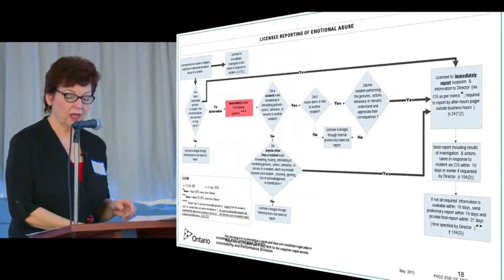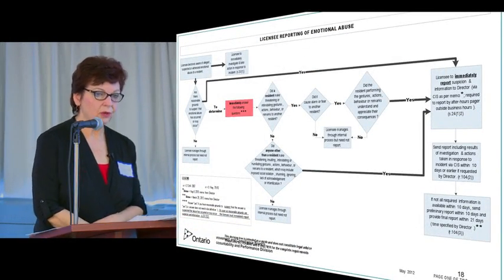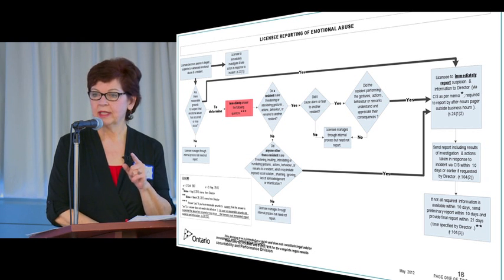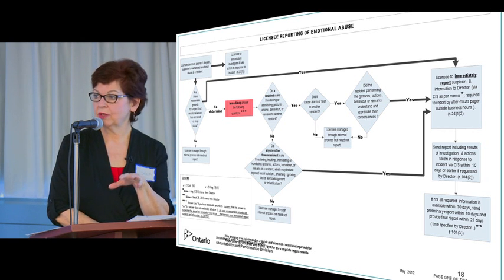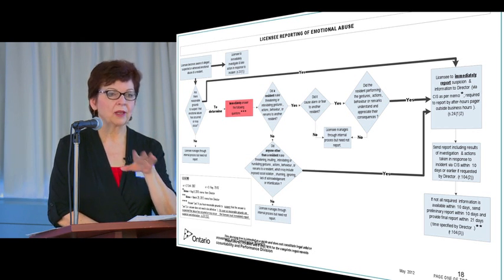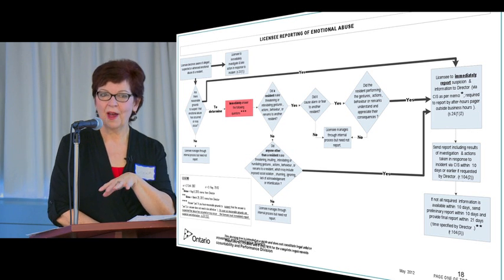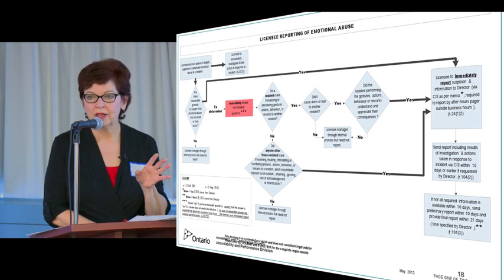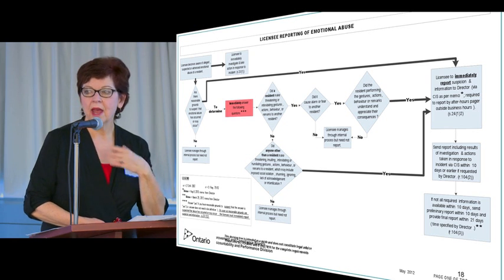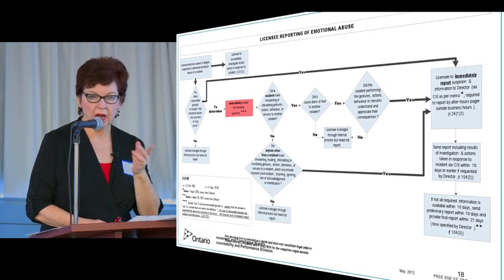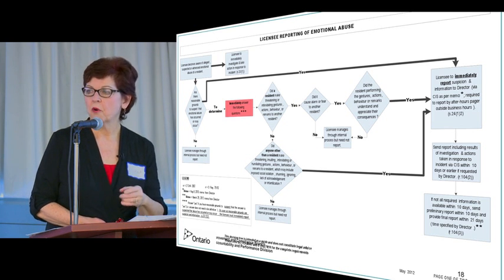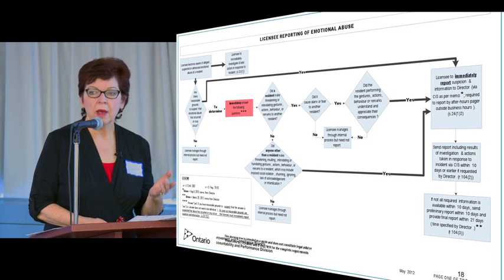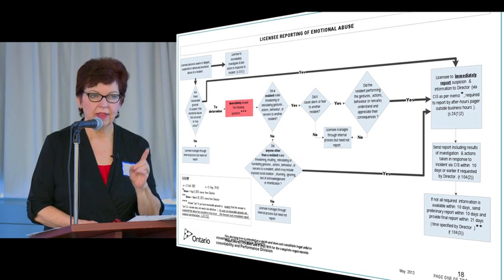So I'm going to look at the emotional abuse decision tree, but I'm going to address it as what's common to all the decision trees, and then I won't be boring you with all of that stuff for the remaining 5 trees. So we use the first one as kind of the example in the template, and then I'll talk in the remaining 5 more about what the unique differences are, because that is the real key, that the definitions